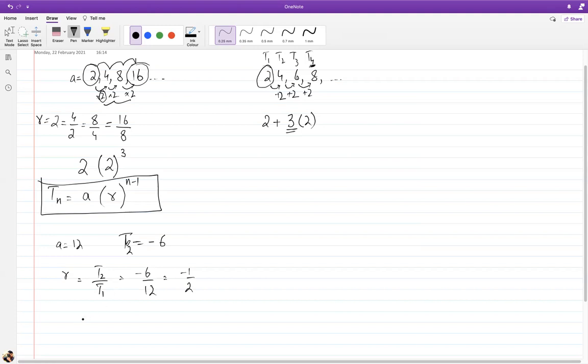Okay, so let's suppose I want to find term number 10. So what will it be? It will simply be, I start with the starting value, and how many times do I multiply with the ratio? I want to get to the 10th term. That means I have to multiply it 9 times. Okay, so that's going to be 12 into minus 1 over 2 power 9. And whatever that is, I'll put it in a calculator and I'll figure that out. Pretty simple, right?